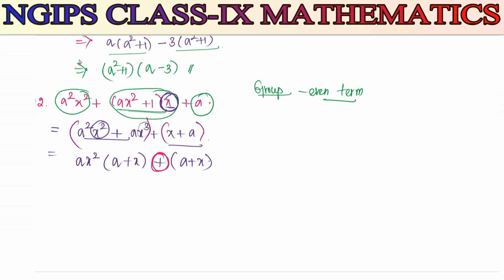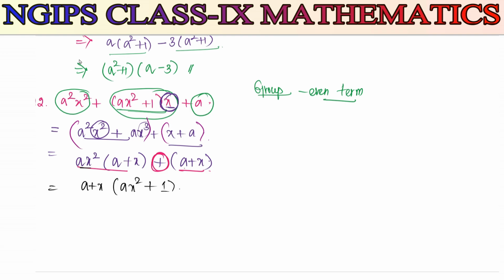Okay, now here only one sign we have, so you will get 2 terms. So in these 2 terms a plus x is common, so I can write a plus x. The leftover quotient you also have to write in a bracket. So a plus x into the leftover here a x square, and when you took a plus x common, the leftover here is 1.